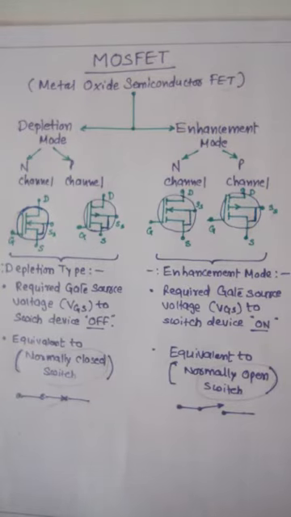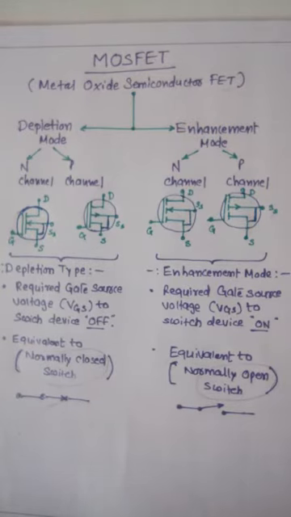In depletion mode, just as in FET we have N channel and P channel, here also there is N channel and P channel, and enhancement mode also has N channel and P channel. Today we discuss the depletion mode. The basic symbols are given. What is the difference symbolically in the depletion type MOSFET? Here two lines are drawn: one is the gate, and between this line and that line they are separated, so insulation is provided between the two. This is the major difference between the FET and the MOSFET, along with one additional terminal, the substrate.